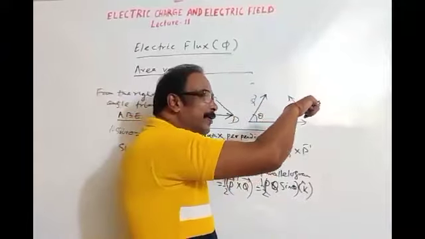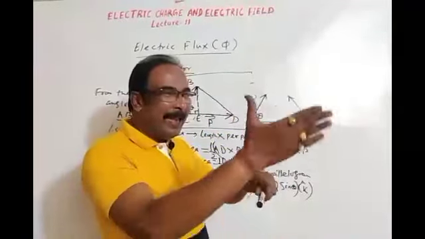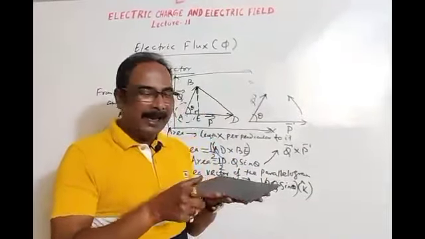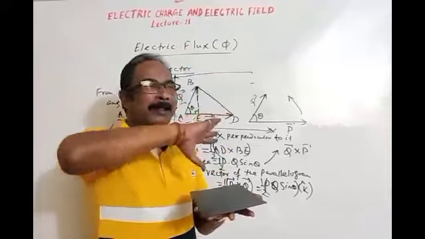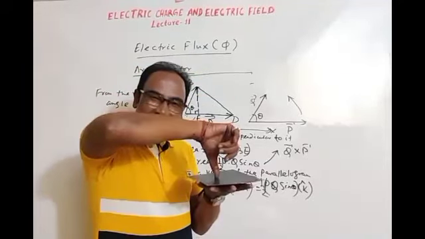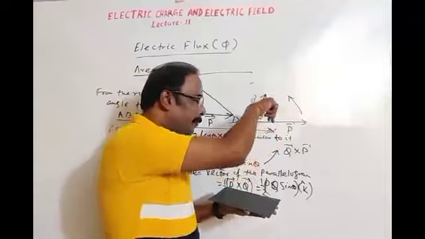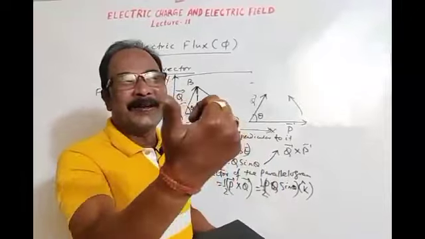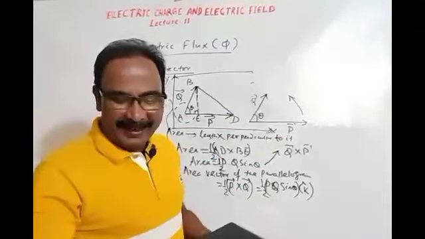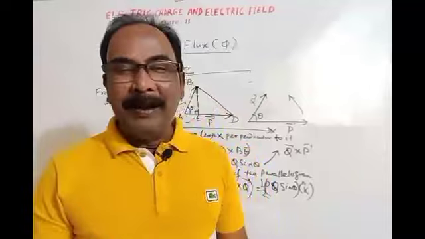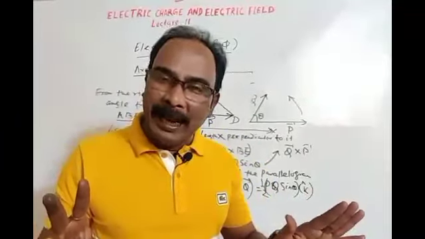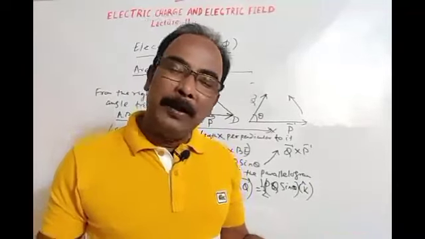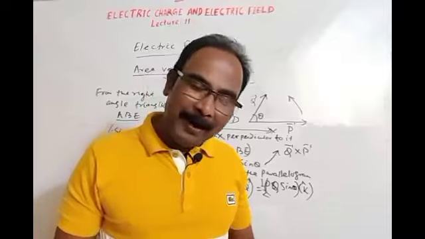Clockwise away from your eye, or anti-clockwise upward. If you place an area like this, this is the area. Anti-clockwise outward, clockwise inwards. Outward, inward, or upward, downward, or towards your eye, away from your eye. In general, just remember the direction of a plane surface area. The direction of the plane surface area vector is perpendicular to the plane, or perpendicular to the surface.